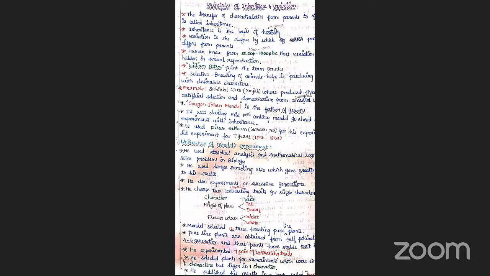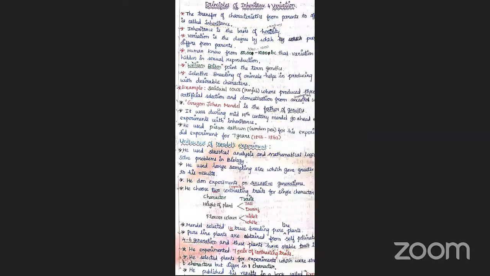And W. Batson, in the year of 1905. This one, green color, which is noted. William Batson, W. Batson, in the year of 1905, he only coined the term genetics. At the same time, he only first used